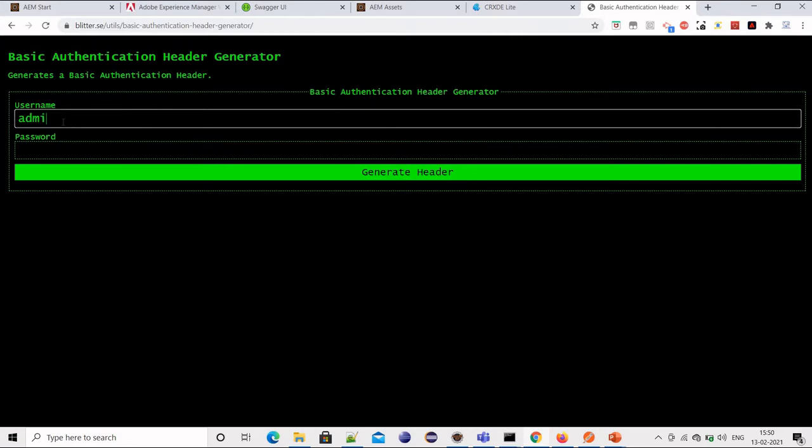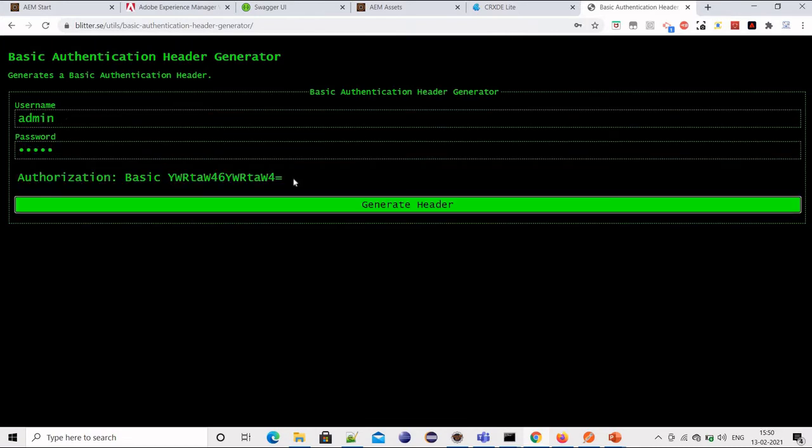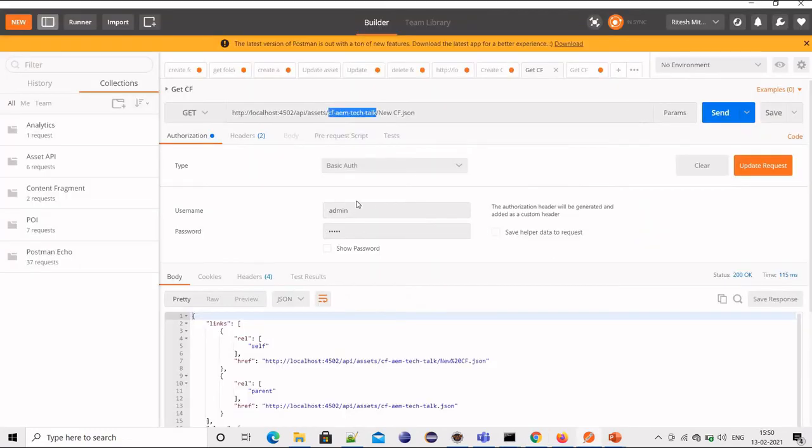For example, if I pass admin, we can create this basic authorization header using Postman as well. If we pass username and password, we just update the request.